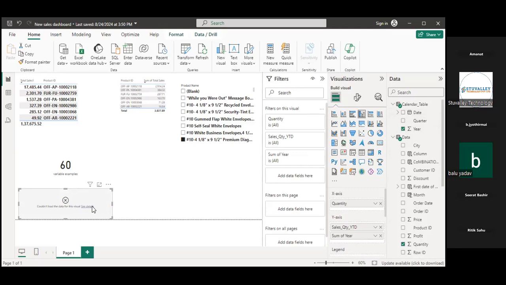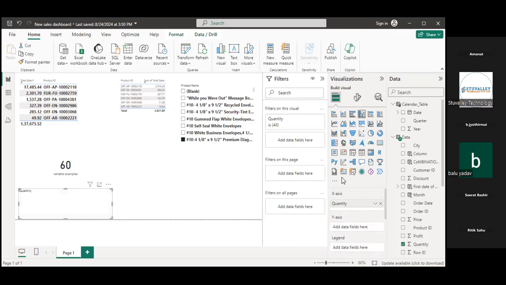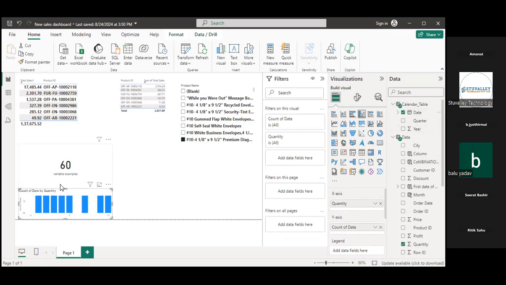Our next session is at 13, so please round up the session on time. Okay, if I remove this and put the date from my calendar table, so see, now you are able to see.